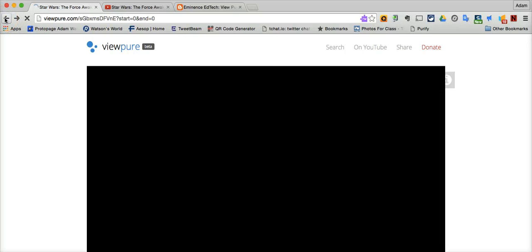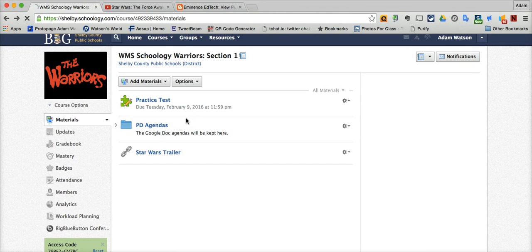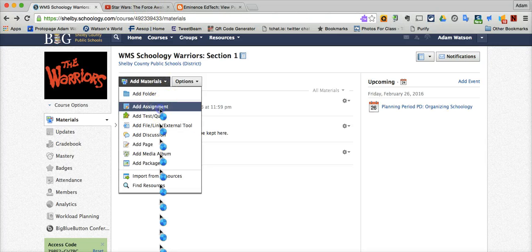So really, in either view, it just depends on what fits your bill. I like the idea of being able to play it inside though, and that goes back to using that embed code to do that. One other point to point out, if we do something like an add assignment,